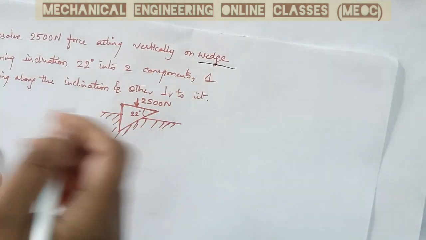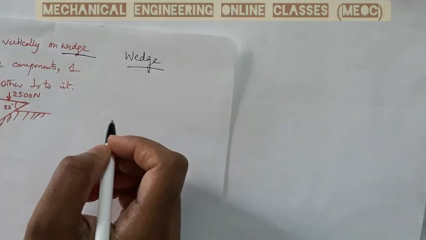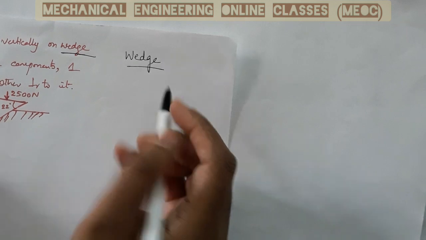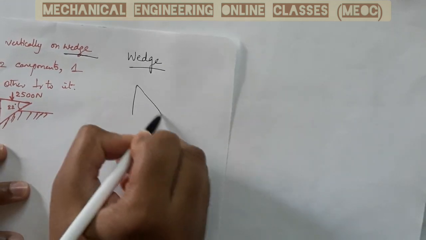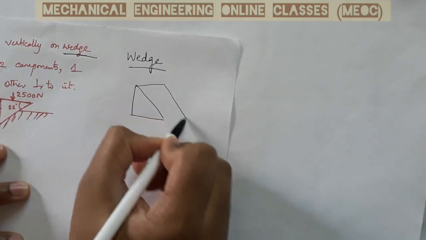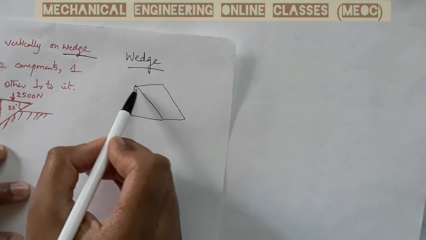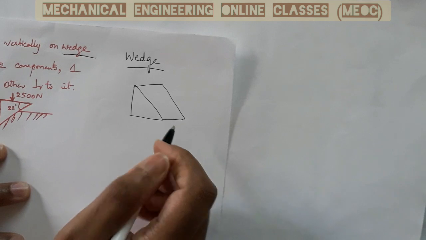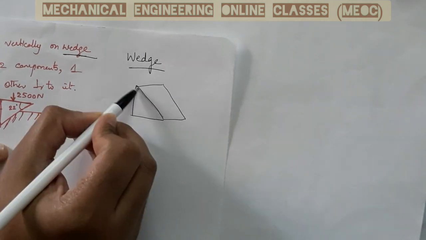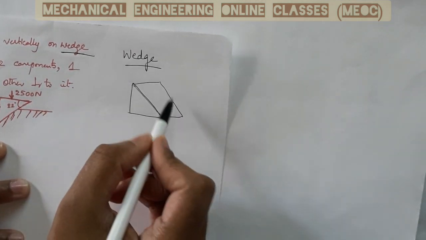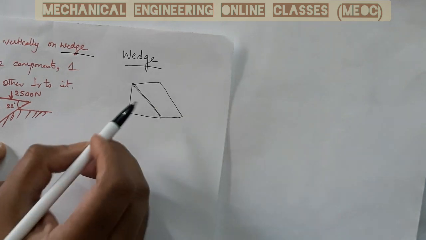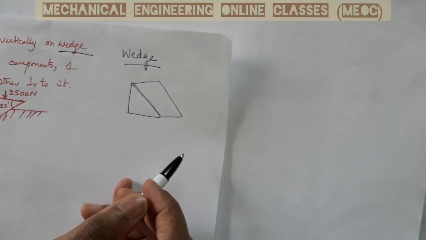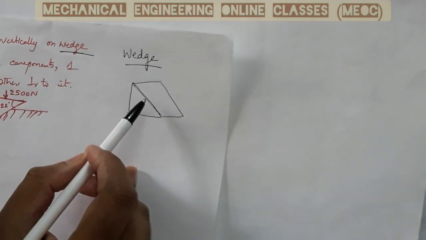But before we get into solving problems, let us first know what a wedge is. A wedge is actually a triangular shaped tool with a thick end on one side and a thin pointed end on the other side, so it tapers to the other side. This triangular shaped tool is used to lift objects, to separate two objects, or to send this particular thing into small spaces.